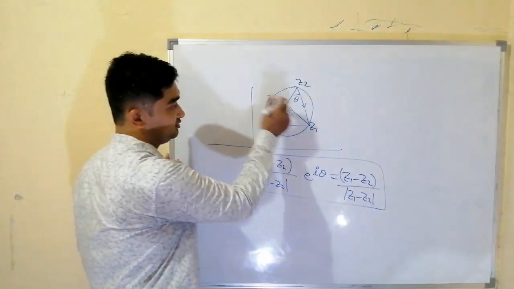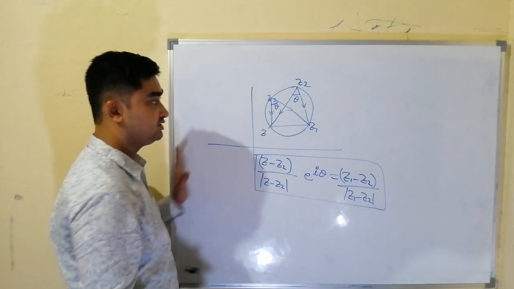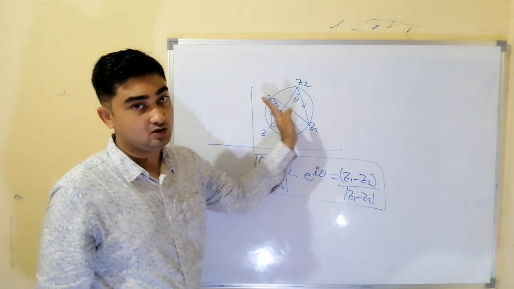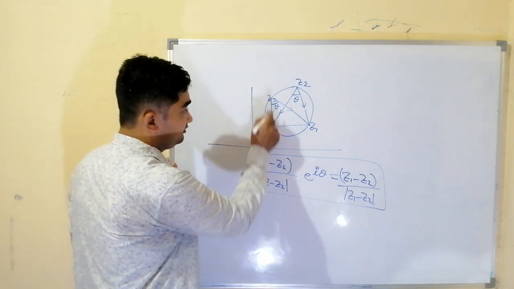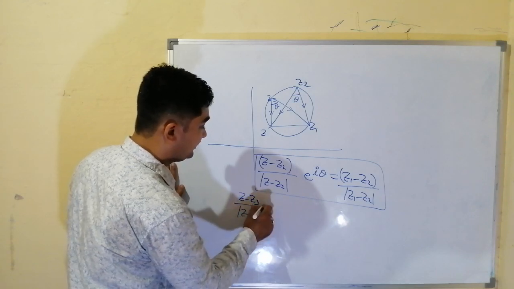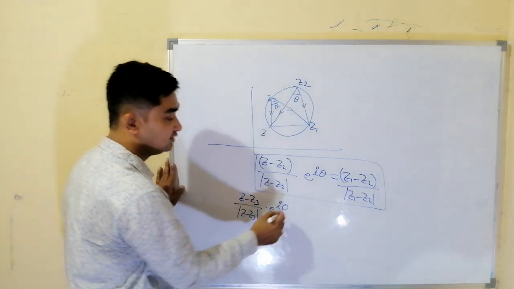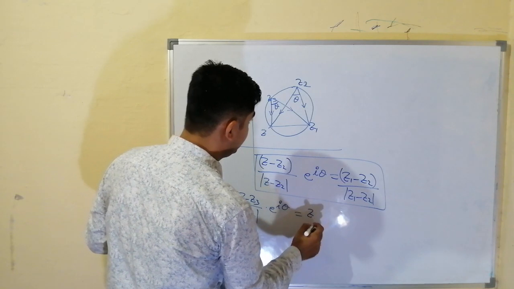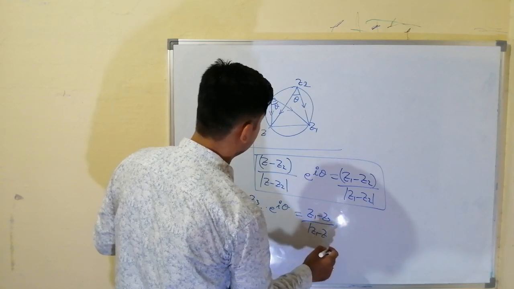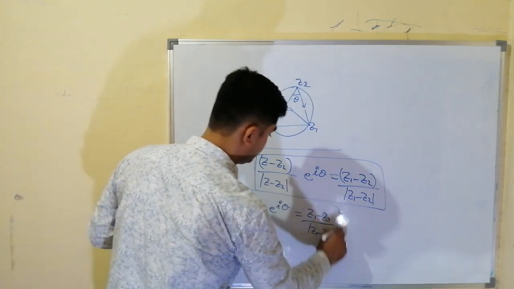Same thing we'll do with this z, z3, z1. So we have to take anti-clockwise rotation from here to here. Is it clockwise or anti-clockwise? It is also anti-clockwise. Then we'll write z minus z3 upon mod of z minus z3 into e power iota theta, because by same angle we have to rotate theta, both are theta, is equal to z1 minus z3 divided by mod of z1 minus z3. Yes or no?